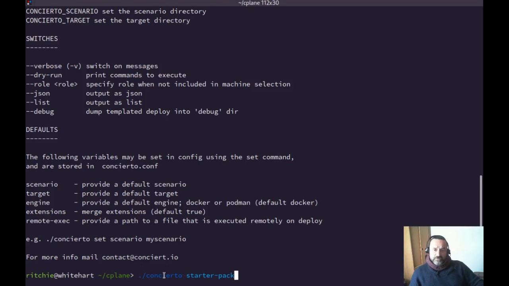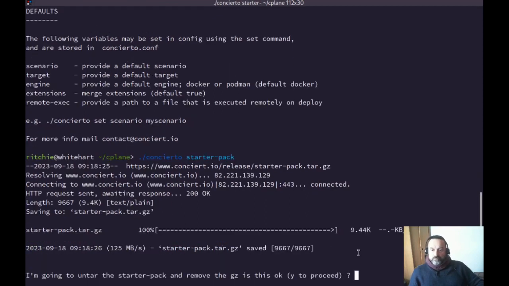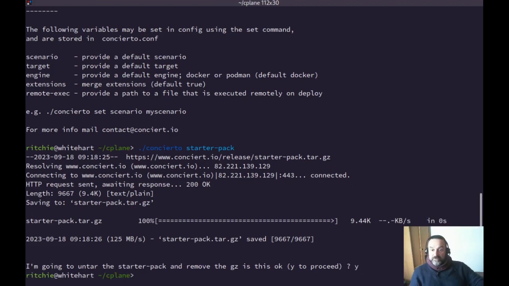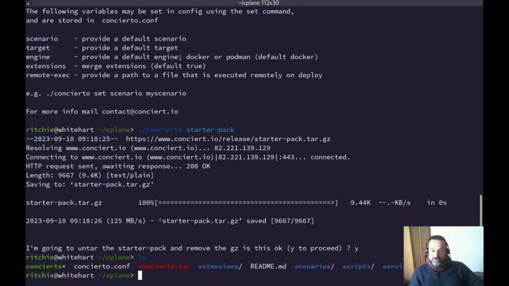There are two commands in the bootstrapper, which is update and starter pack. I'm not intending to put much in there. They may move around, but that's where they are right now. Anyway, Concerto starter pack. I'm going to untar the starter pack and remove the GZ. Okay, and so that downloaded the starter pack,